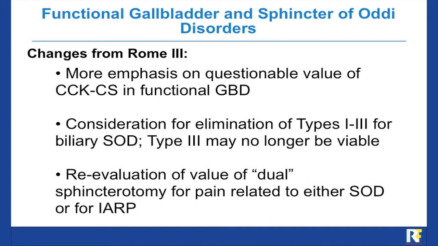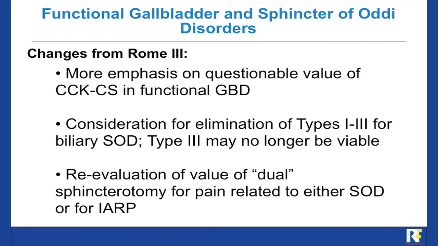a number of objective criteria, at least in types 1 and 2, moving to the lack of objective criteria in type 3, and based on some recent clinical trial work, which is still to be published, undertaken by Peter Cotton and the other investigators. It does seem that type 3 may no longer be viable, and this was always the difficult patient group, of course, where there were no objective criteria, and yet some were still subjected to perhaps invasive sphincter of Oddi manometry and even sphincterotomy.